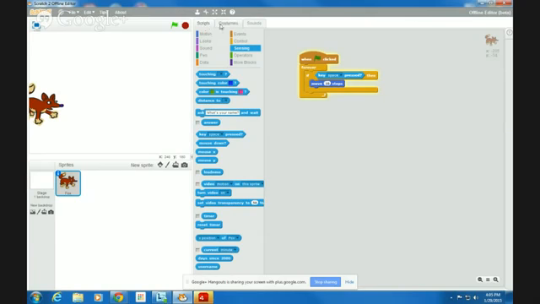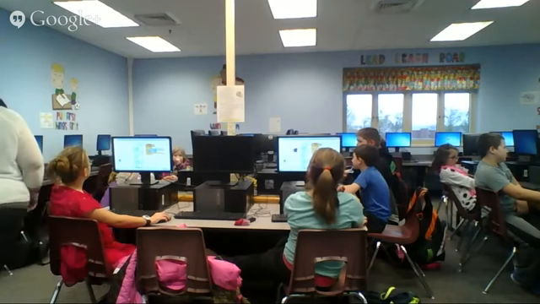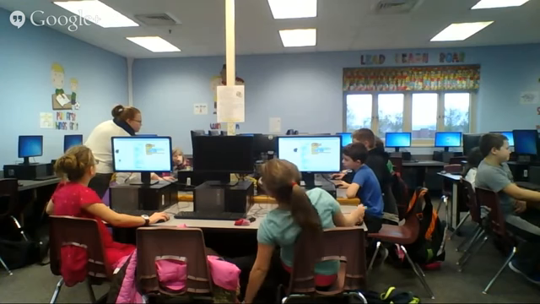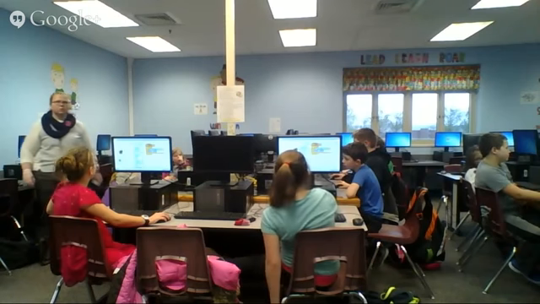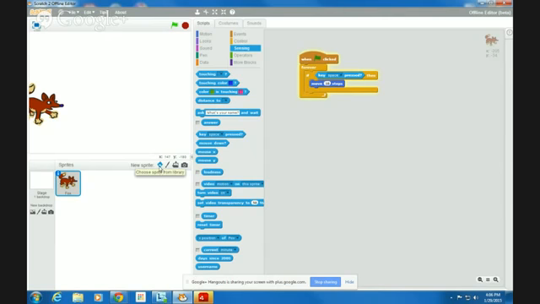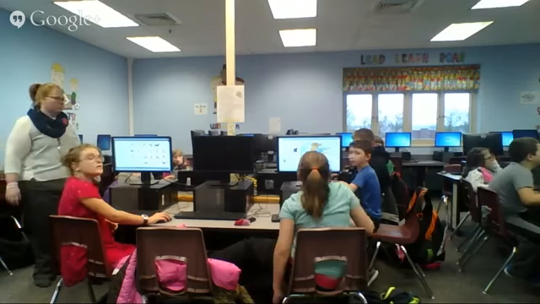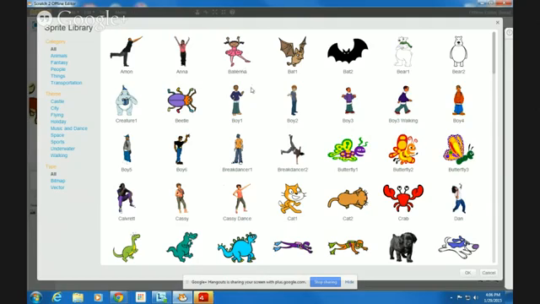Alright, so now we're going to be making a new sprite. So if you remember, you go to the bottom of your stage and go to new sprite and click on the little head that is right next to the words, and it should pop up this menu of characters again.